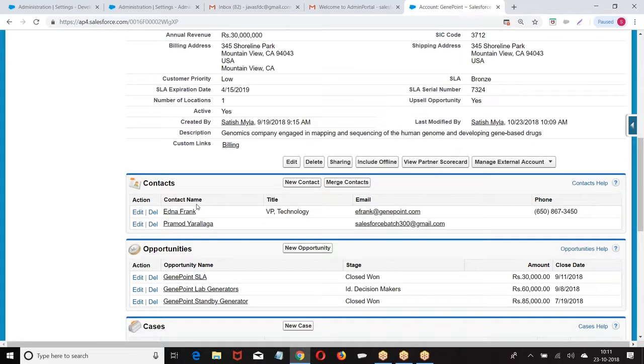If it is a partner account, I can give him the partner license, where he will be able to access leads, opportunities and campaigns. If you are a customer, I will be giving the customer community license, or the customer community plus license. I hope you are good with this, right?